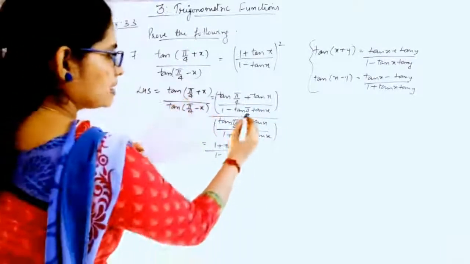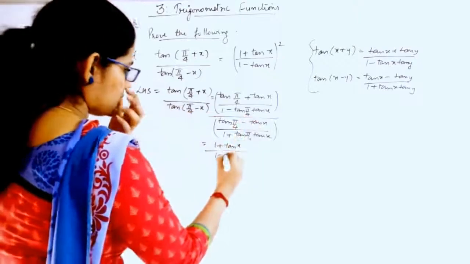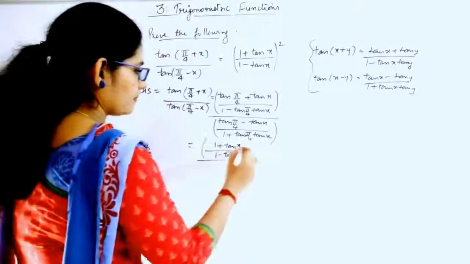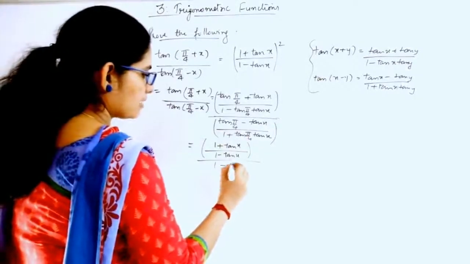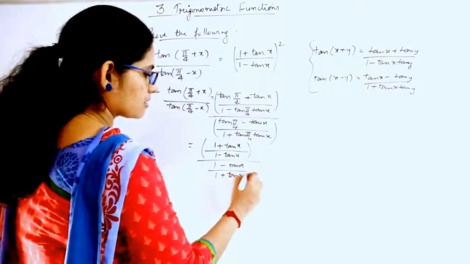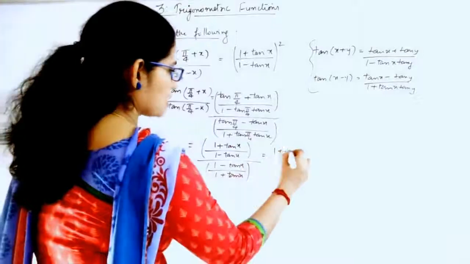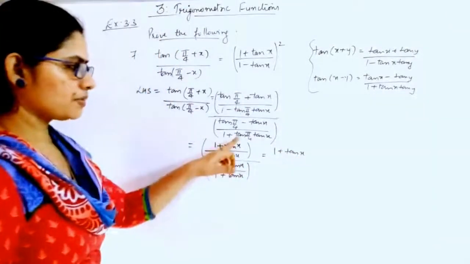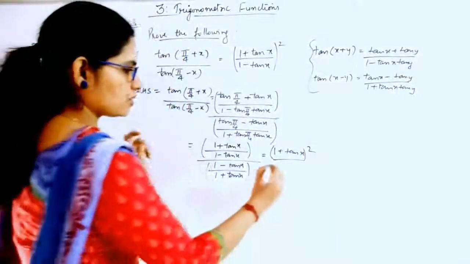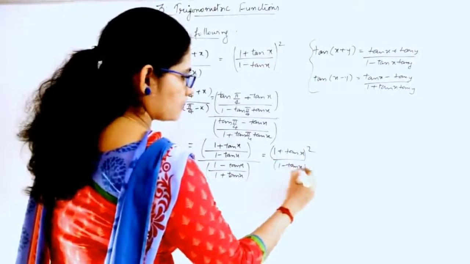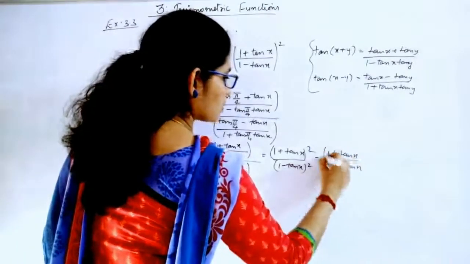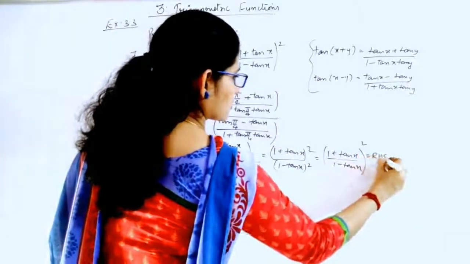This will give you 1 minus, again 1 into tan x will give you 1 minus tan x in total, divided by 1 minus tan x, divided by, this will become 1 plus 1 into tan x, which is 1 plus tan x. Okay, so this is 1 plus tan x, this will go up, so you have 1 plus tan x the whole square divided by, this will come in the denominator, so it will become 1 minus tan x the whole square, so that (1 plus tan x) by (1 minus tan x) the whole square is your RHS.